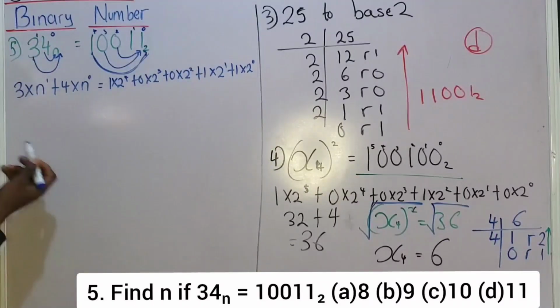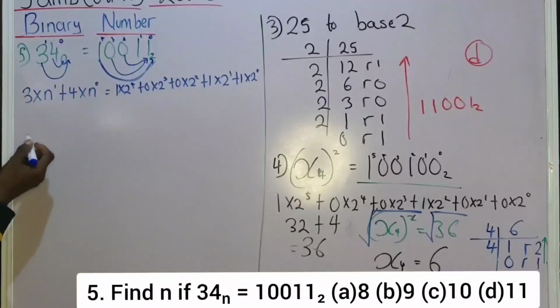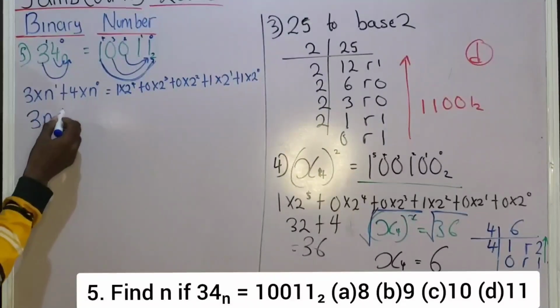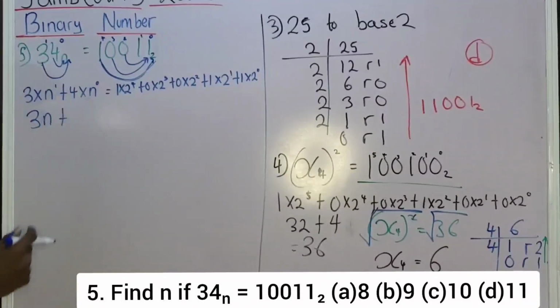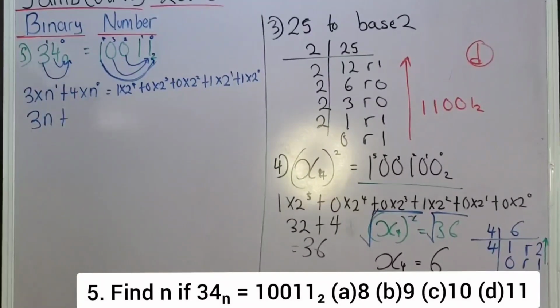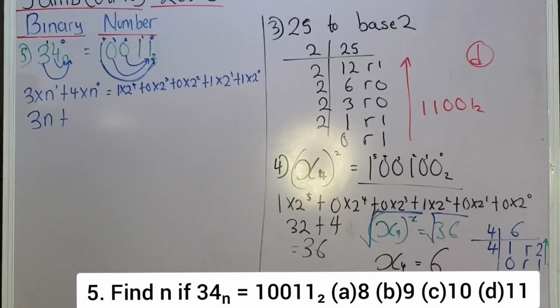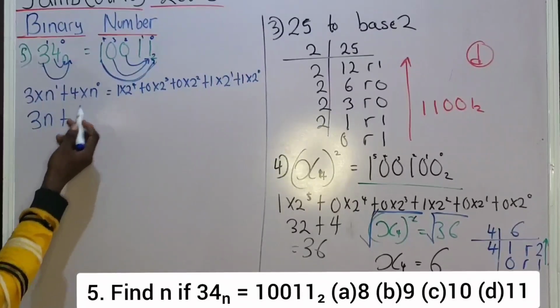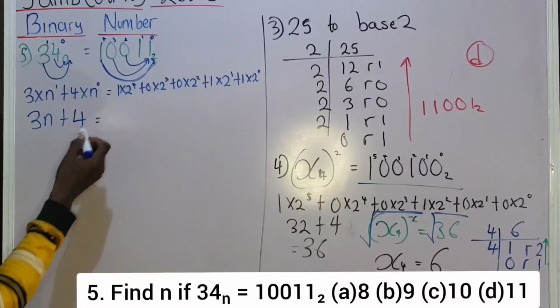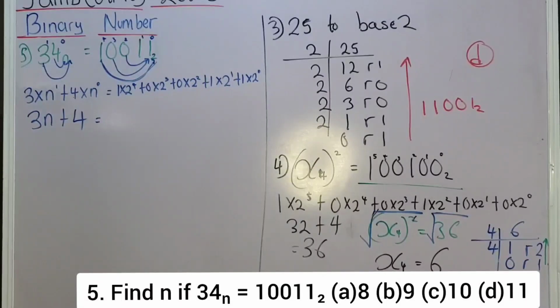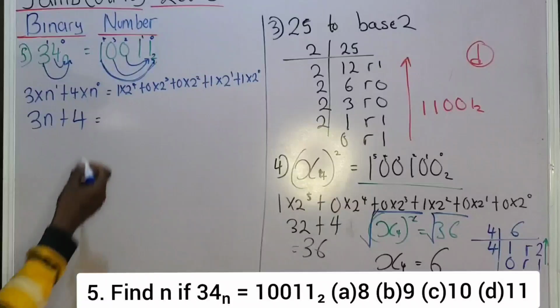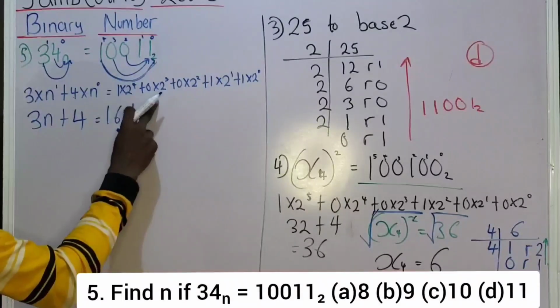Now, having done this, we can proceed like this. 3 times n raised to the power of 1 will be what? 3n plus 4 times n raised to the power of 0. Don't forget that if you raise a letter or a number to the power of 0, you're going to have 1. So I'm going to have 4 times 1, 4 times 1 is 4, okay? Is equal to 1 times 2 raised to the power of 4. 2 raised to the power of 4 is what? Is 16. So here I'm going to have 1 times 16, that is 16,